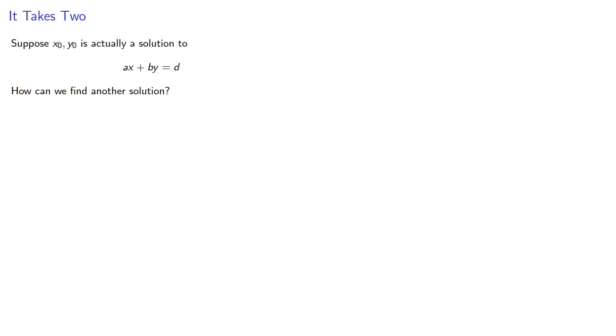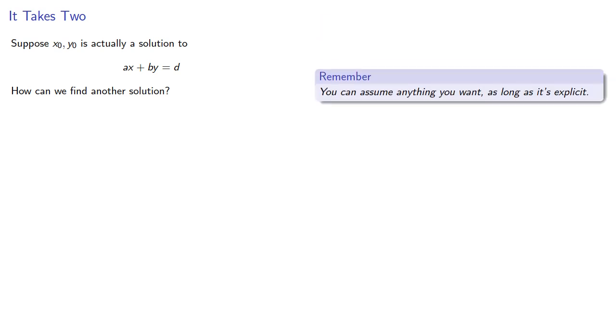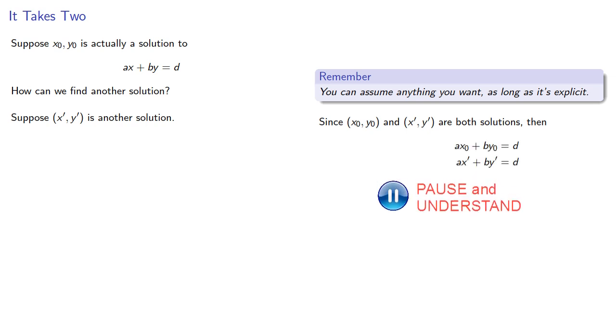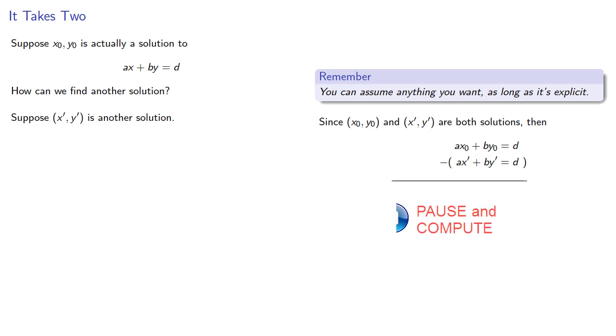Remember, you can assume anything you want as long as it's explicit. So, suppose x prime, y prime is another solution. Now, since x0, y0, and x prime, y prime are both solutions, they have to satisfy the equation. And if we subtract one from the other, we get